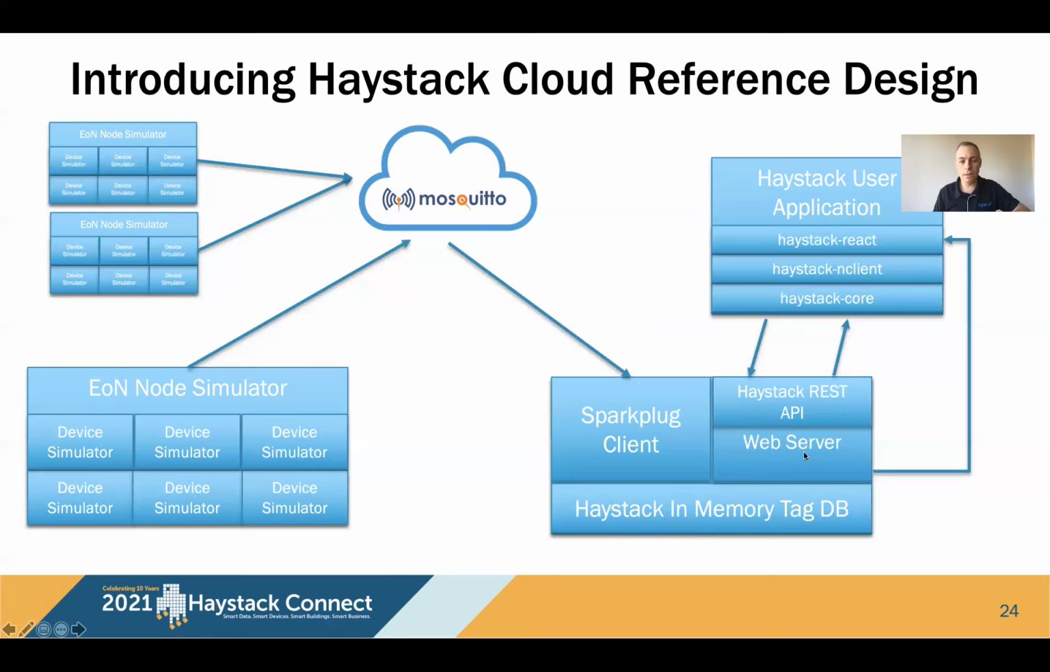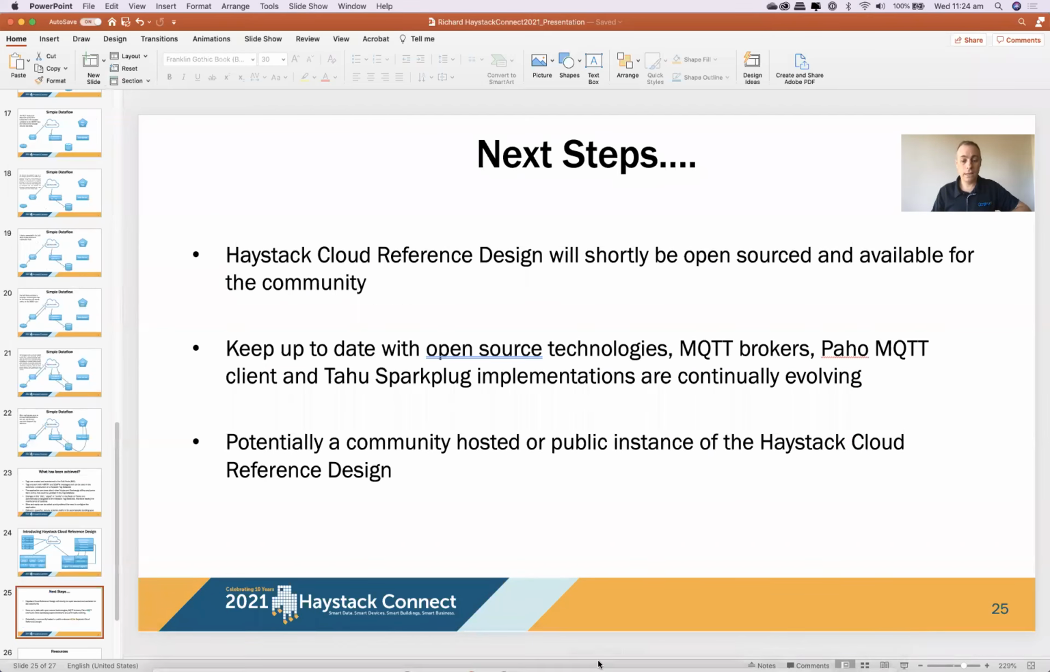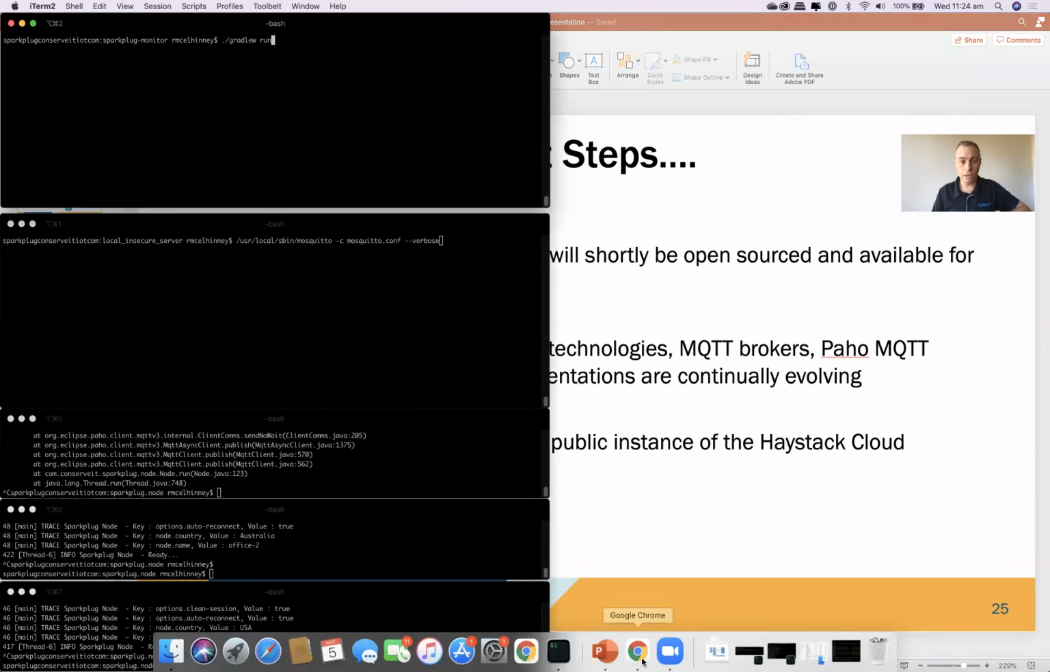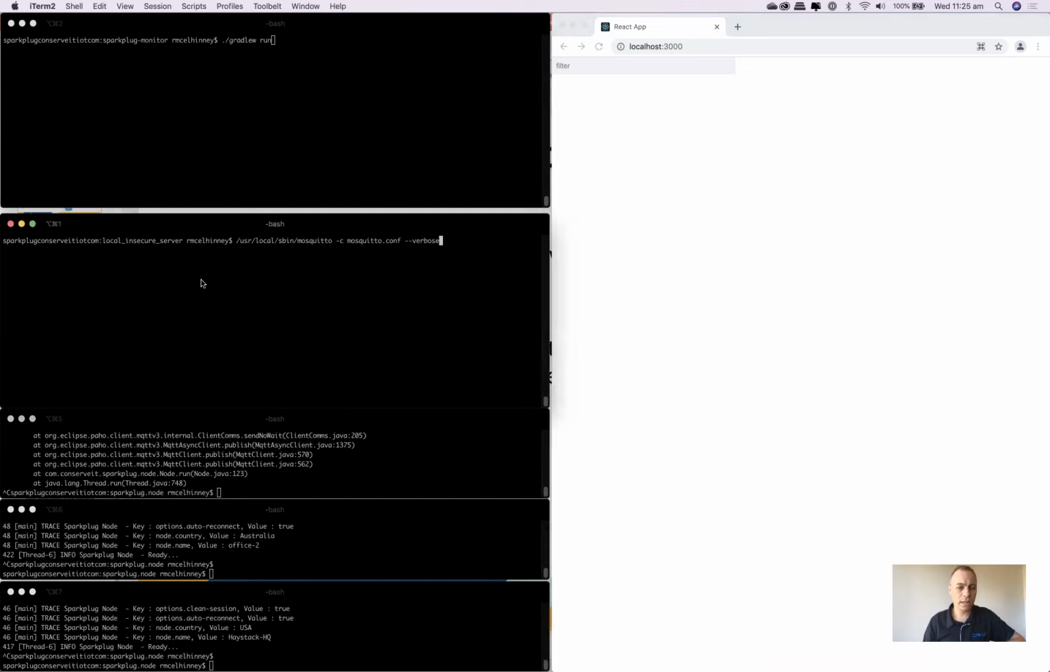We can see our broker running. We can see our application running. We can see our application with the Sparkplug client and the tag database being built. And we'll see our simulators running as well. So if we just hop out of our presentation for a minute and start to load up our demonstration. So the first thing we're going to do is start our